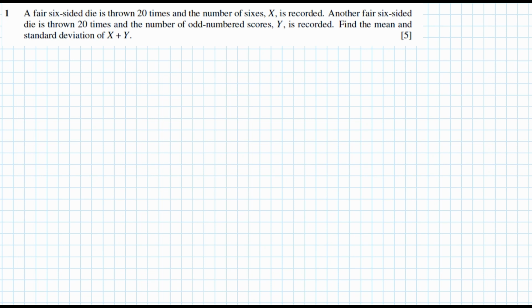So 1: a six-sided die is thrown 20 times and the number of sixes, X, is recorded. Another fair six-sided die is thrown 20 times and the number of odd-numbered scores, Y, is recorded. Find the mean and standard deviation of X plus Y. So with this question, what I'm going to start off by doing is looking at